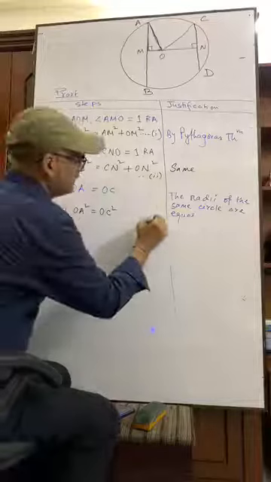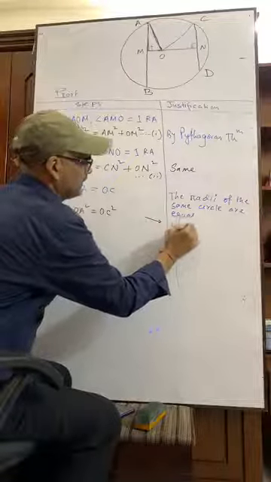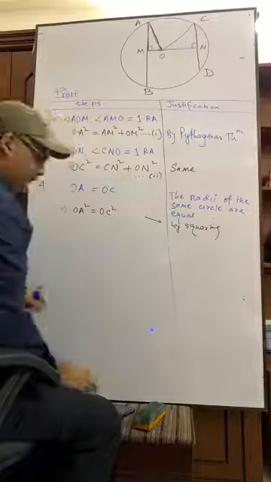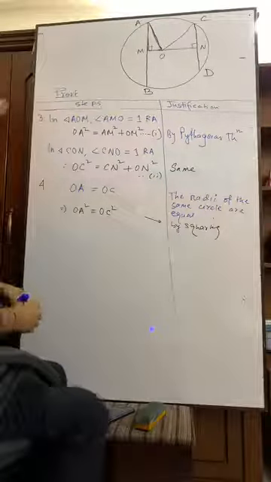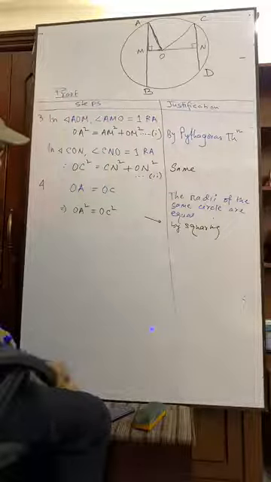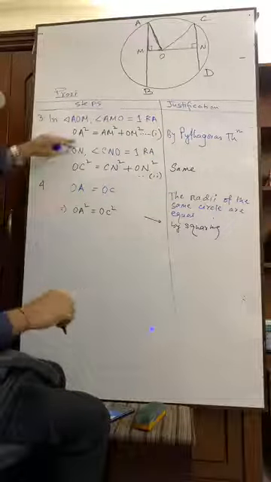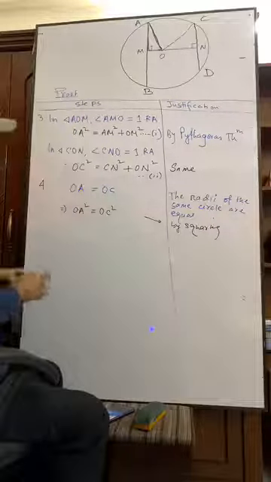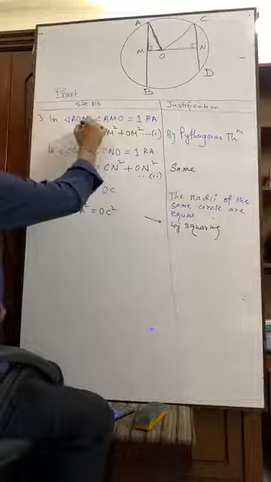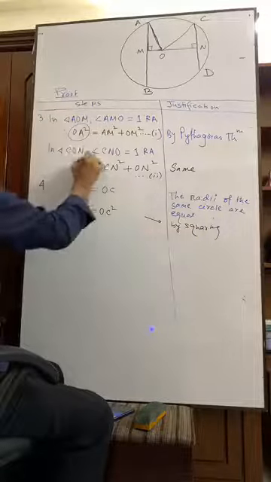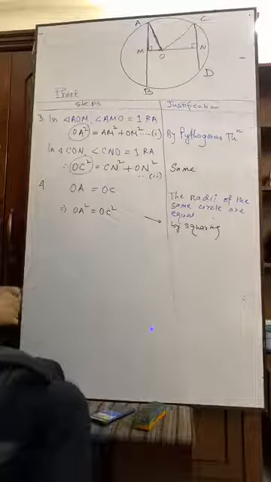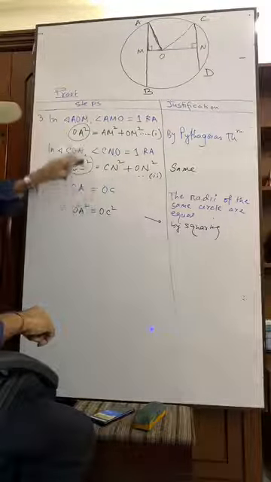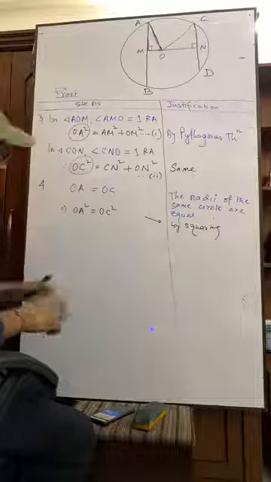Again by squaring. What is meant by this? As they are squares here in step 3, OA square and OC square, we have squared OA and OC. Now what is OA square and what is OC square?